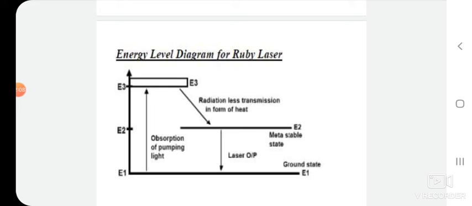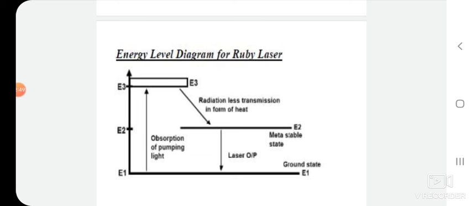Thus, the laser output consists of an intense spike lasting from a few nanoseconds to a microsecond. After the stimulated emission spike, population inversion builds up again, and a second spike results. This process continues as long as the flash lamp intensity is enough to create a population inversion. This is the energy level diagram for the ruby laser, showing how the electron can move from E1 to E3, E3 to E2, and E2 to E1. During that process, we are getting a laser beam as output.